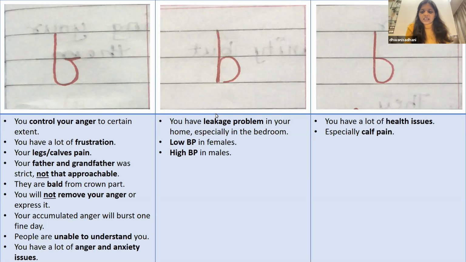So to make an ideal B, always remember the B should have a stem and it should be joined. Can you see the second one? In the second B, if the thing would have been joined, it would have been the ideal B. So keep in mind that that's the ideal B. But because the thing is not joined, there are many issues.